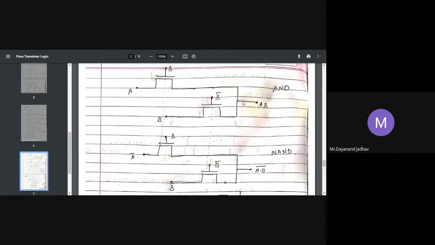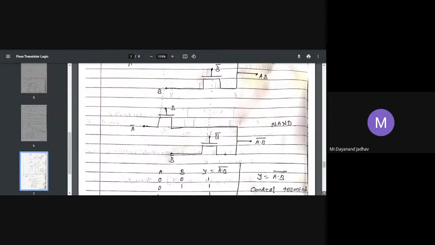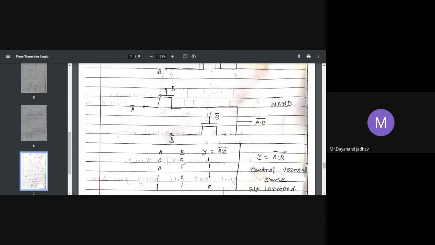So when we consider the truth table, 0 and 0 is 0, its bar is 1. So when A is given 0 and B is given 0, then A dot B whole bar is 1. First of all, see the truth table for it. When 0 0, this is 1; 0 1, this is 1; 1 0, 1 and 0 is 0, whole bar is 1; 1 and 1, its whole bar is 0. Y which is equal to A and B whole bar is the output of a NAND gate.